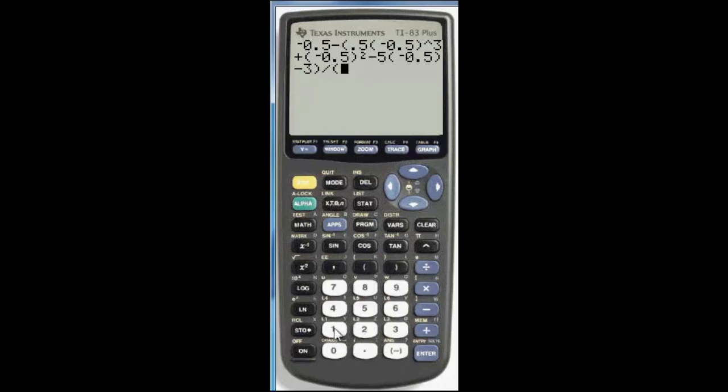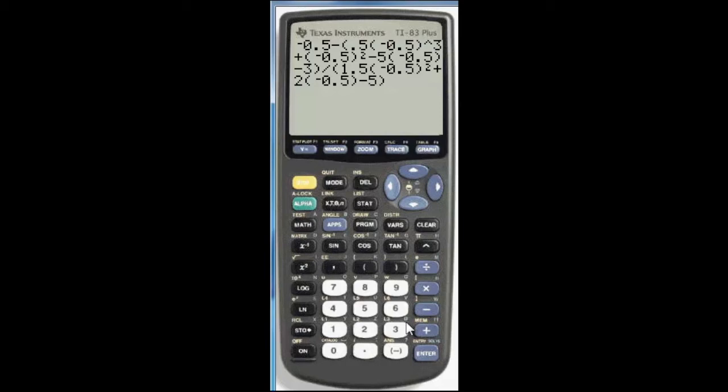divided by parentheses 1.5 times negative 0.5 squared plus 2 times negative 0.5 minus 5, close parentheses. Now take a moment to look this over to make sure that you've entered in everything